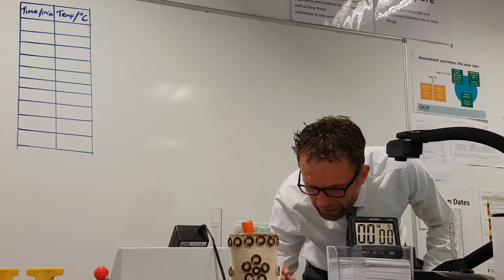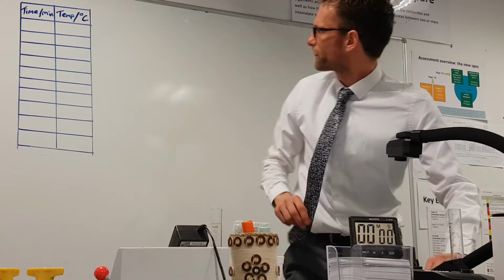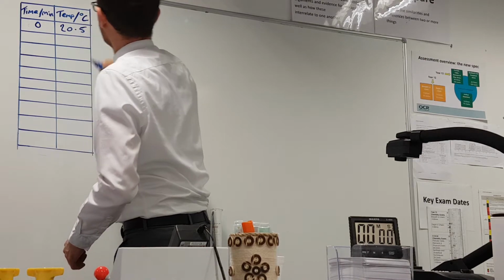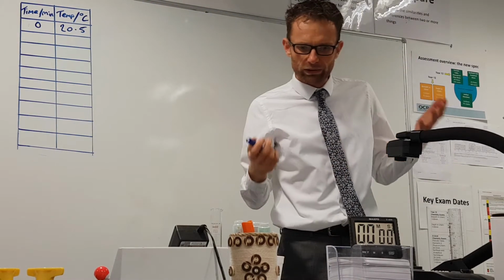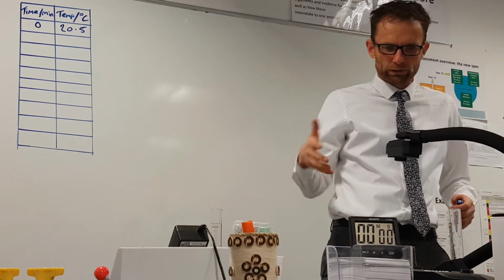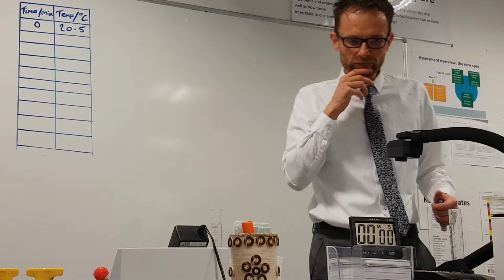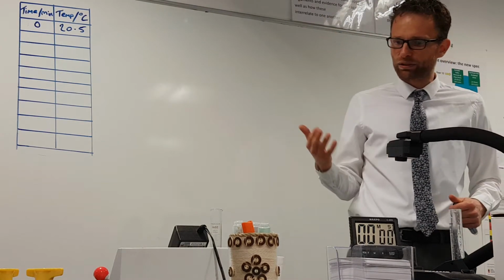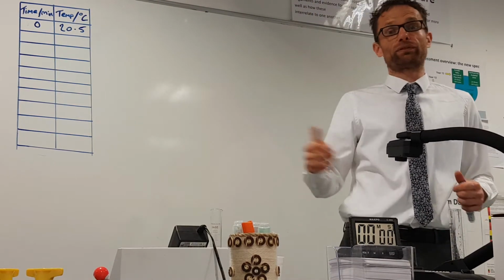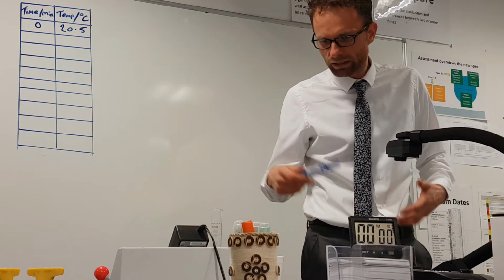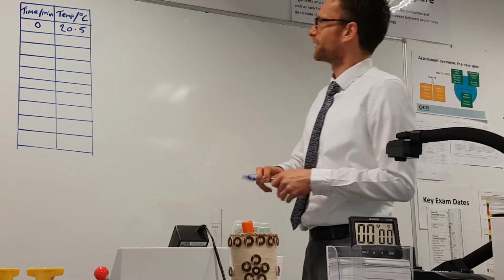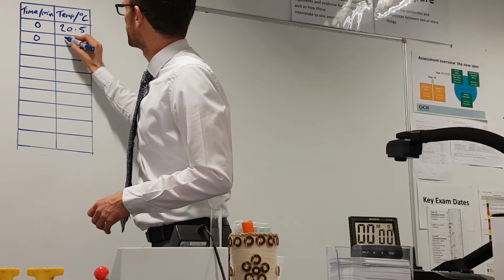So in this case that is 20.5. So at 0 minutes it's 20.5 degrees, and you're going to do that for the first 3 minutes, because sometimes you will find that your reagent has been kept in a cool stockroom or a warm stockroom, and you can find that actually it takes 3 minutes to reach the temperature of the lab. So we're going to take the temperature every minute for the first 3 minutes, and as I'm going to hurry this up, let's say it goes